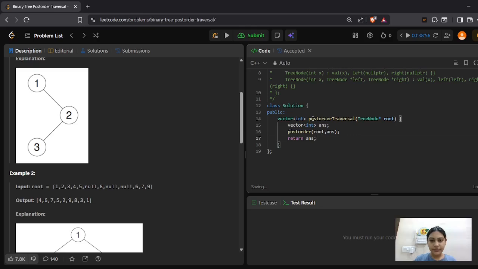Now for this function call, we define a function void post order and our answer vector.